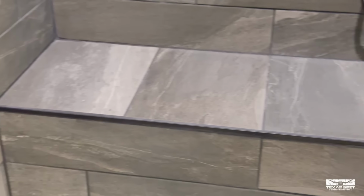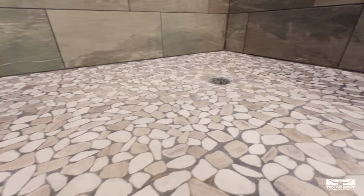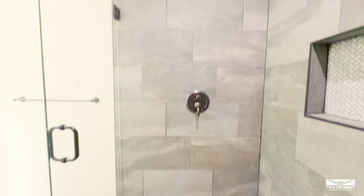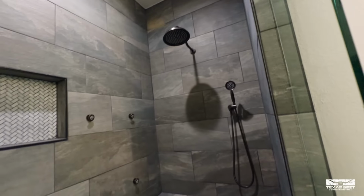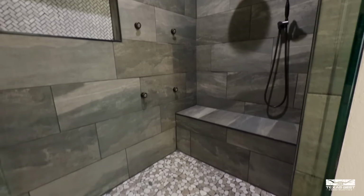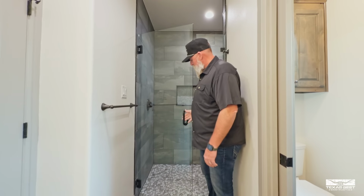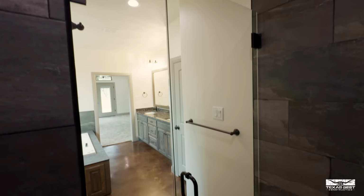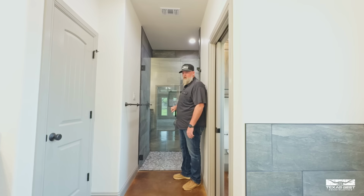On the floor, we have a flat stone that we're using here, which is really nice. Functionality wise, you can really access this volume control without getting in there. I think that's a great way to set up your shower. So that's what they did here. Sometimes you might have a second head, which could be on that side as well, but I think it works really good, and it's accented beautifully with this frameless glass that we're using here,